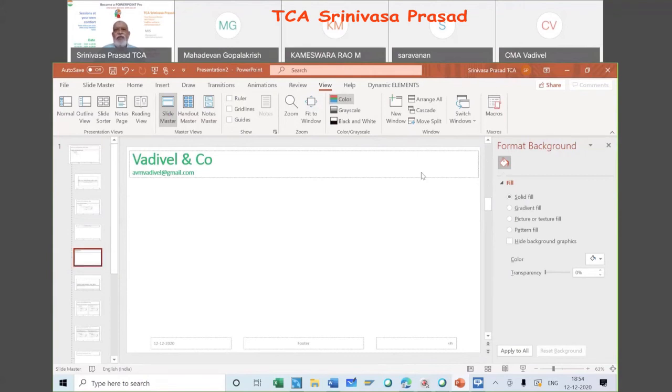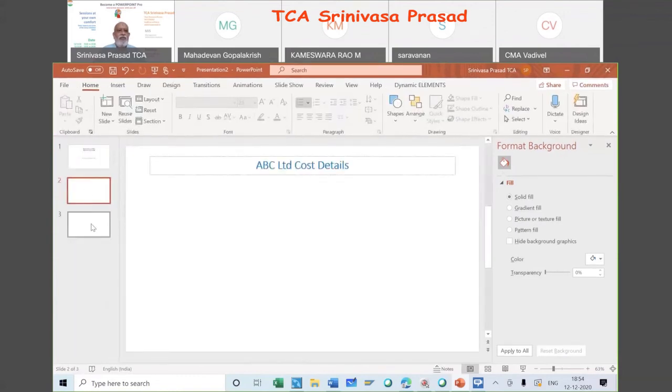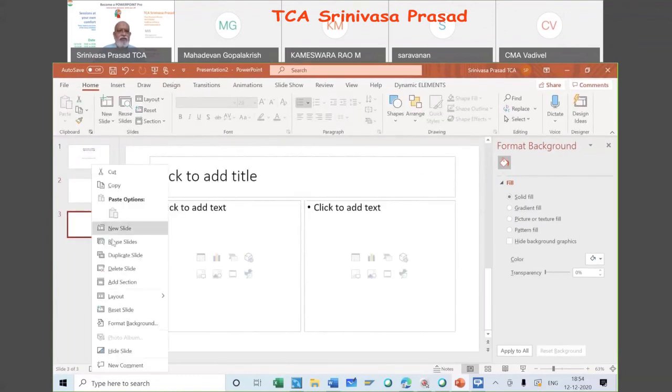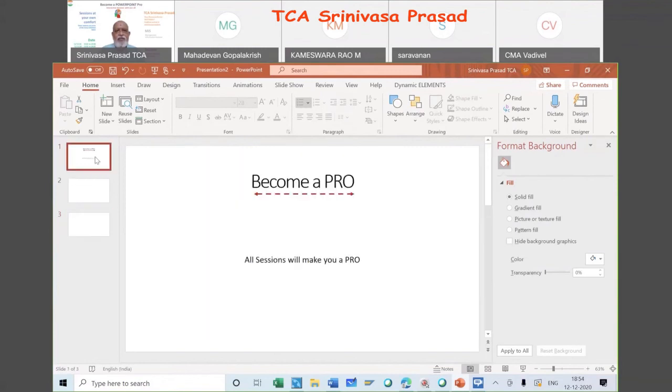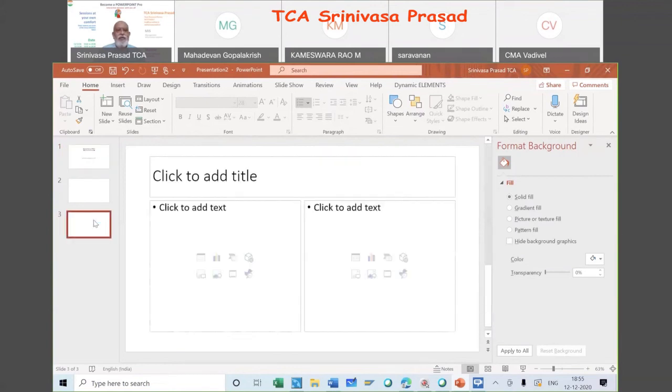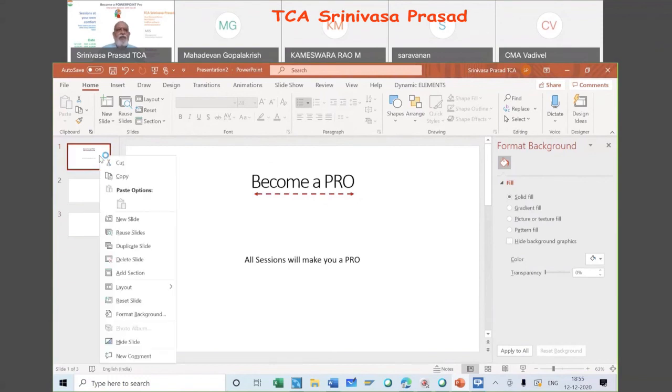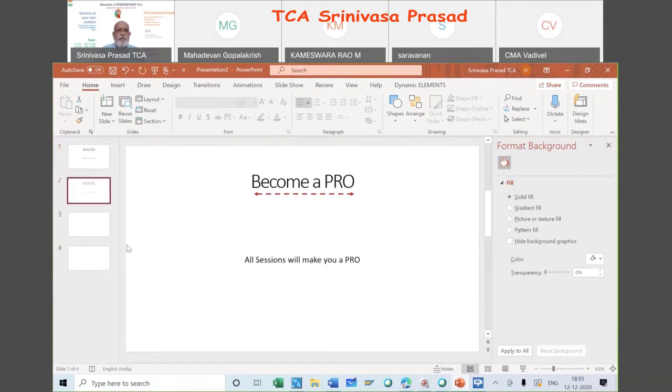Let us see what happens once we close this particular thing. Let's come to that. Where is my view? Normal view. Now this is the blank slide, which I will remove. Rao sir, since you asked that particular question, you wanted a duplicate? No. What we will do, we will come here, we will take only this slide and then we will duplicate it. This slide gets duplicated automatically.